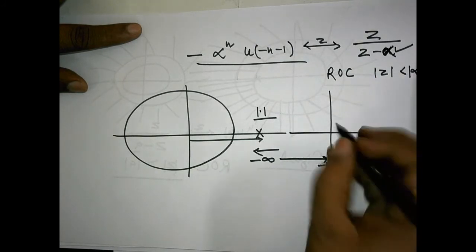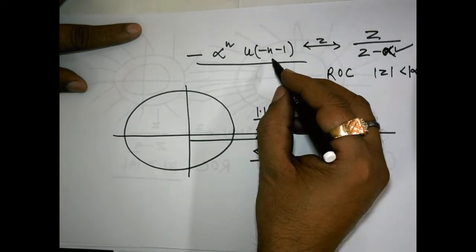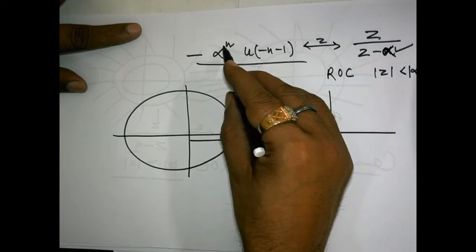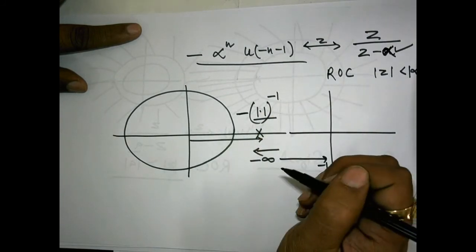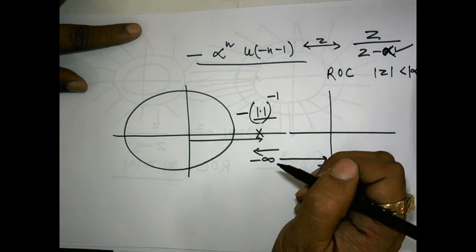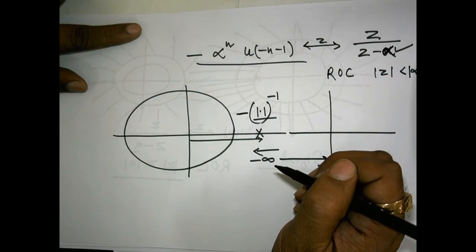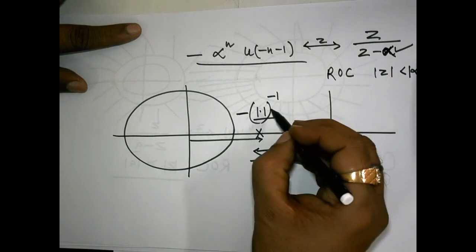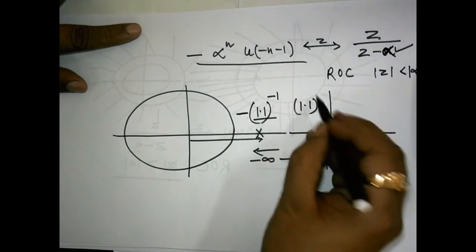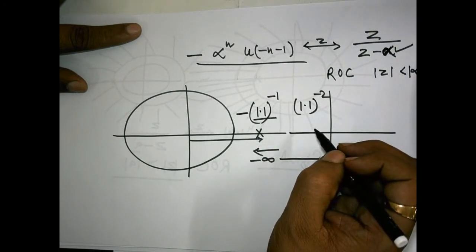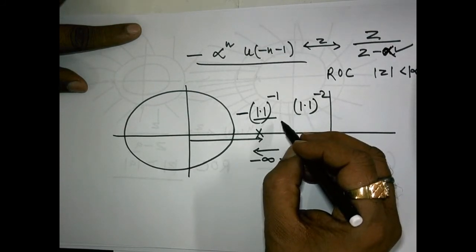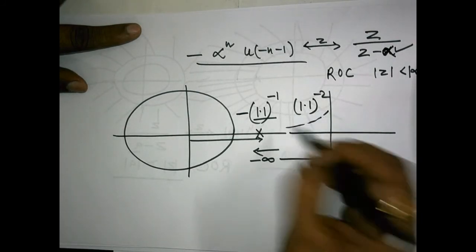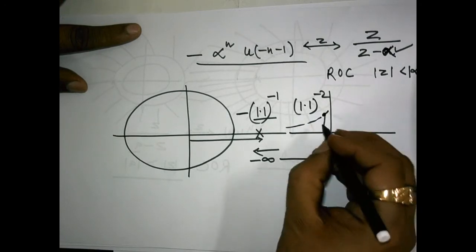So the very first n in this signal is minus 1. So alpha means 1.1 to the power minus 1. Naturally this will result in a value which is less than 1. And the second sample, 1.1 to the power minus 2, still gives a value which is less than 1. And this way this signal will decay. This signal will decay like this.